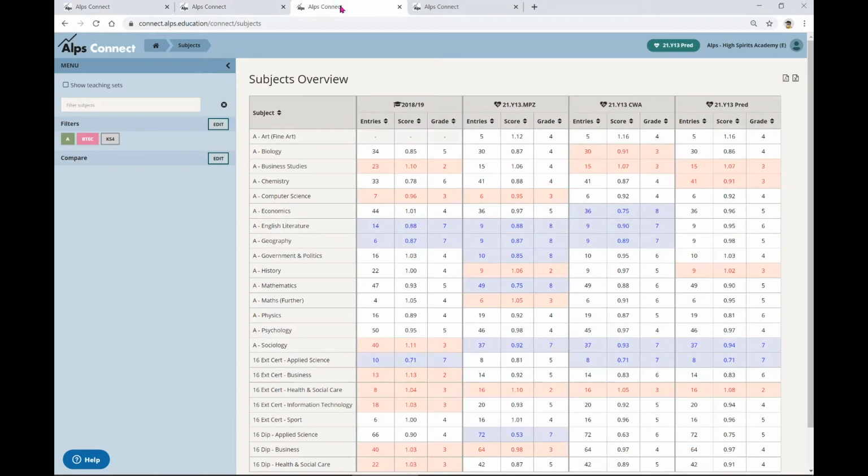And when we look at the current data, again we can see that they're back to their old ways of being quite pessimistic. So there's a conversation to be had with that department around their methodology for their assessments and their predictions. And I think it's about us being consistent as a leader within the post-16 provision.